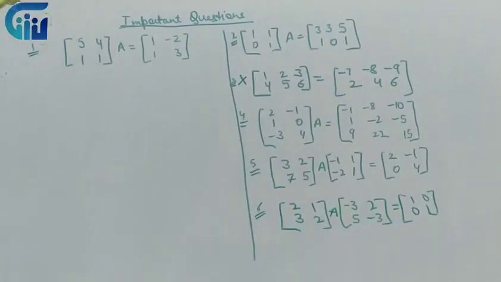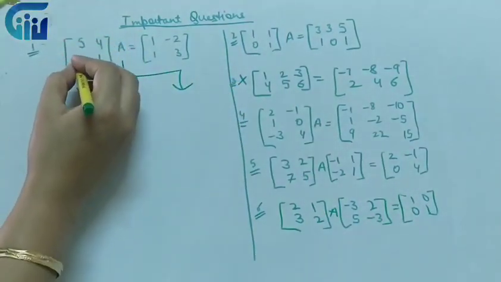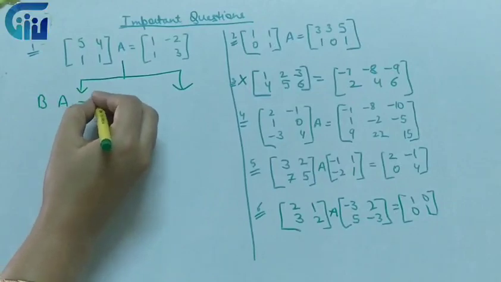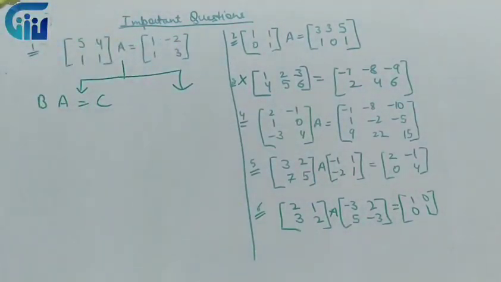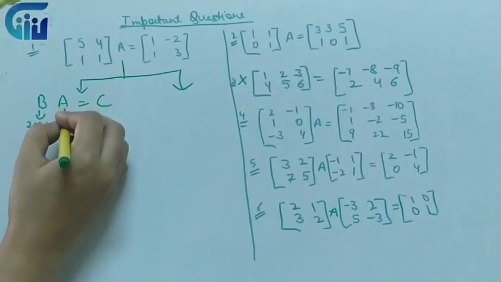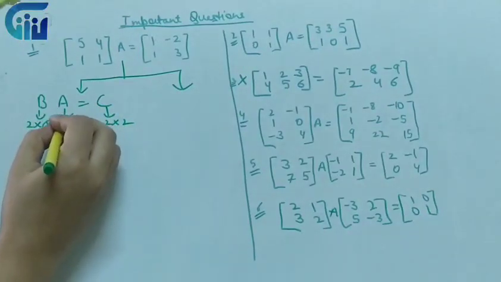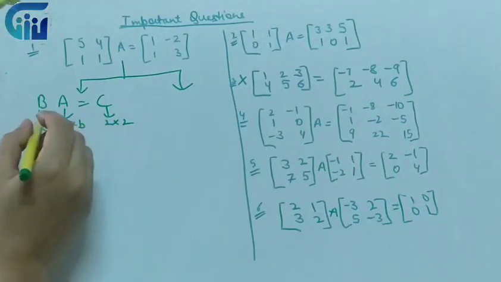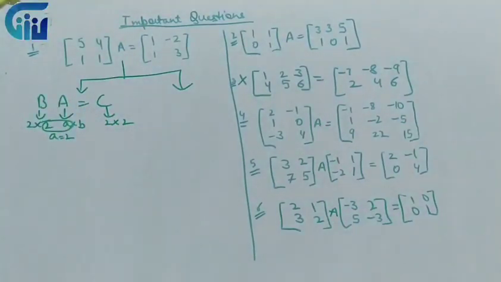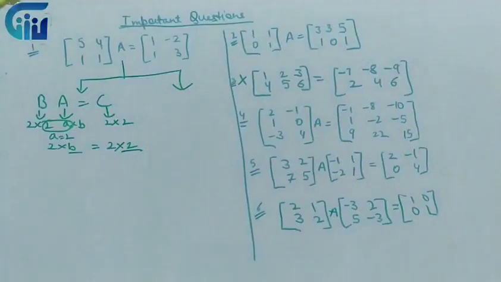So there are two ways of solving this particular question. Very important. What do I say? Suppose this is matrix B, this is A, and this is matrix C. So what we will say? Order of B is 2 by 2, order of A we don't know, let's say A cross B, and this is 2 cross 2. Now if two matrices are multiplicable, it means these two are equal, and the order of the product matrix will come out to be 2 cross B, which is 2 cross 2 over here. So it means B is 2. So it is clear that if all the matrices are 2 by 2, then automatically the unknown matrix will be a 2 by 2 matrix.